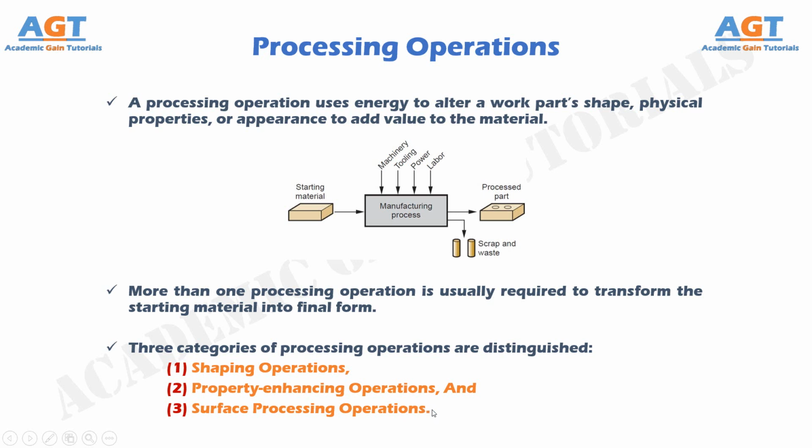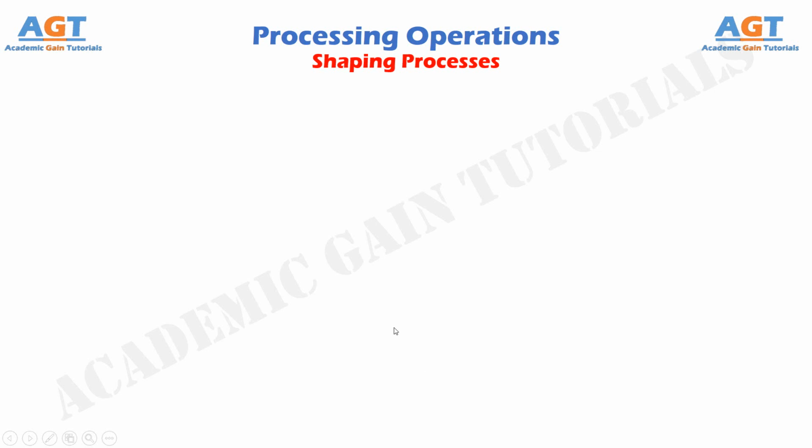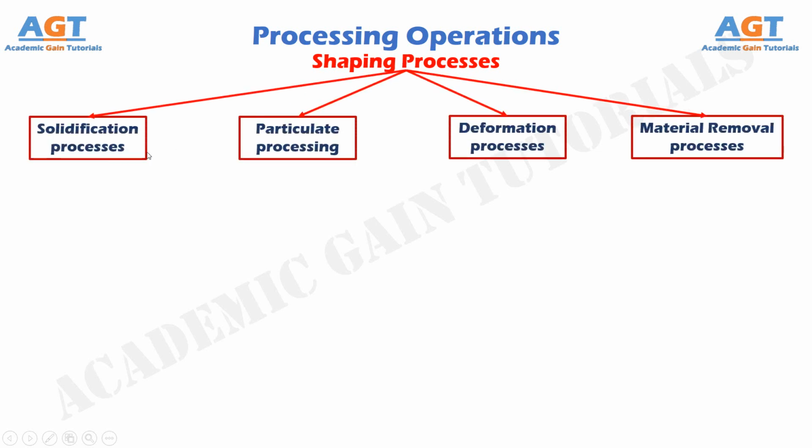Shaping processes. Most shape processing operations apply heat, mechanical force, or a combination of these to effect a change in geometry of the work material. There are various ways to classify the shaping processes. The classification used in this class is based on the state of the starting material, by which there are four categories. Solidification processes, in which the starting material is a heated liquid or semi-fluid that cools and solidifies to form